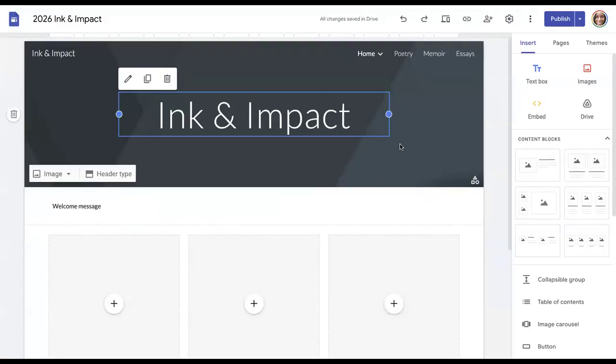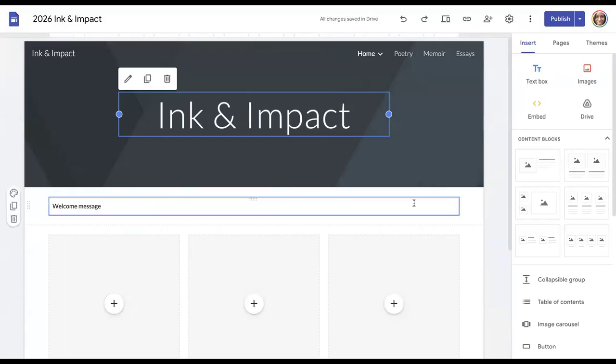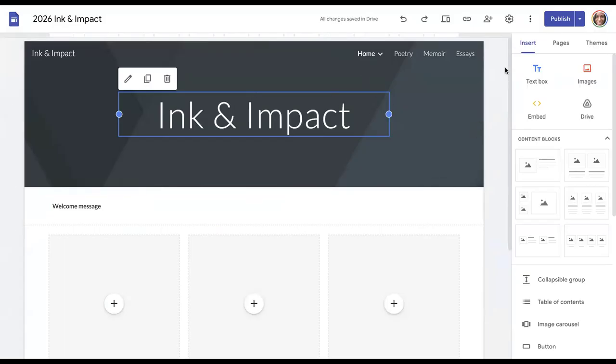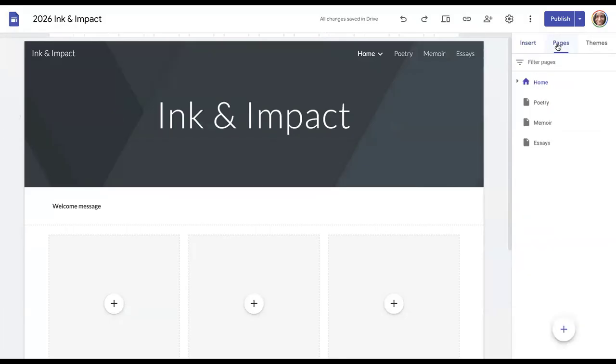So we're going to this website, and on the right-hand side of the screen, you'll see three menu options. There's Insert, Pages, and Themes. So we're going to start off in Pages, so you can click on Pages. And then if you click on the triangle under Home, you will find a page called Template. And you can click on that page,